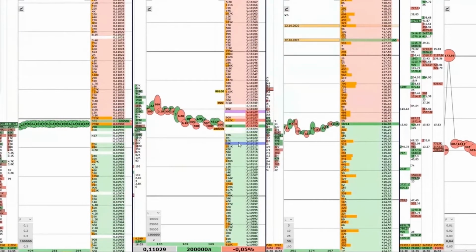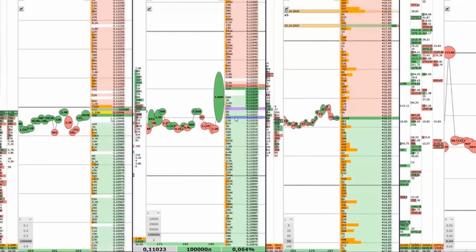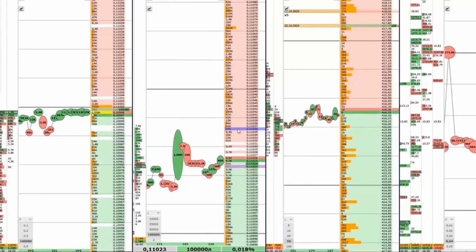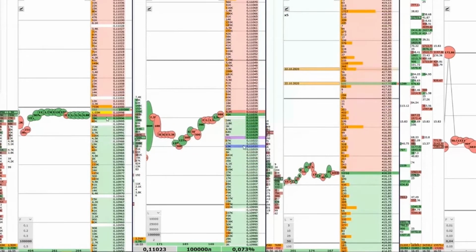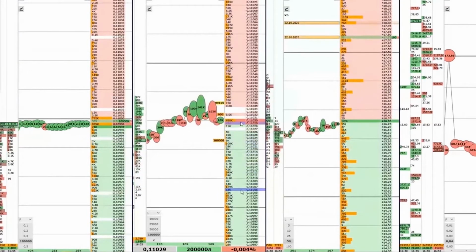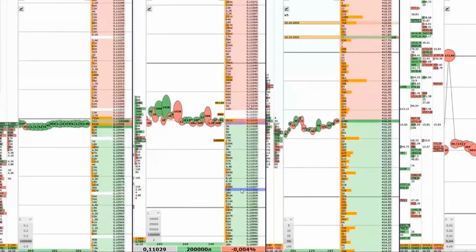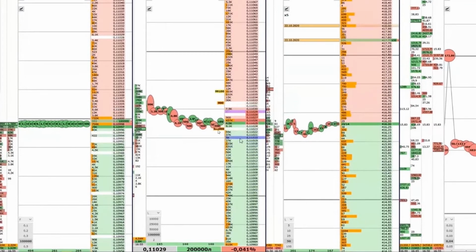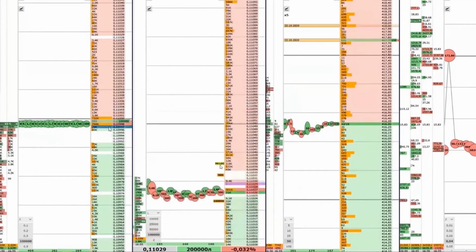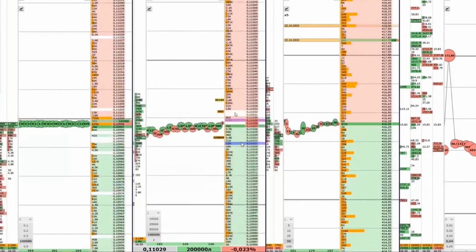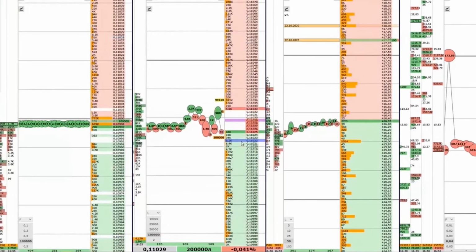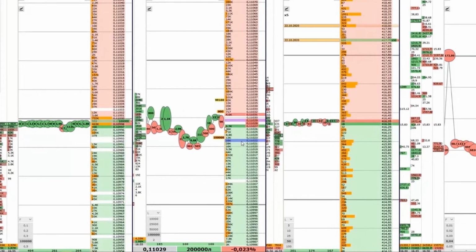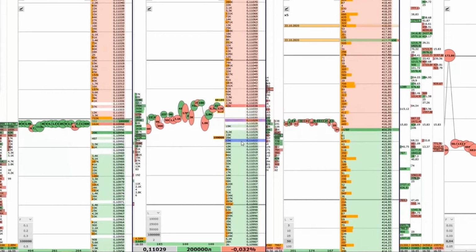So the second part I added, the moment of adding the second part. Big volume is going. Now there are some little prints. However, this wall is being eaten. I'm adding on the futures with a market order. The average price of entering is not very good. However, in this situation it will be okay because the trade potential will be quite nice. And finally,